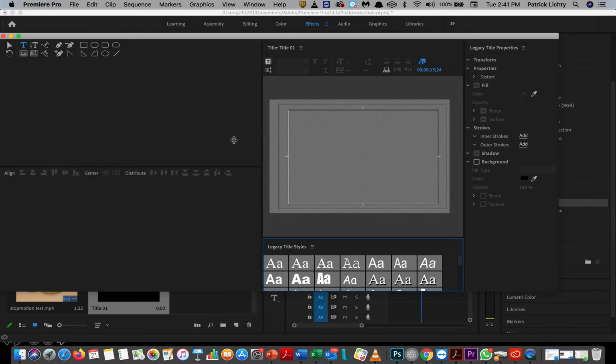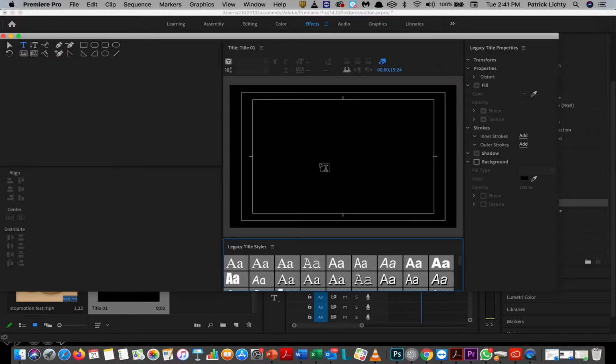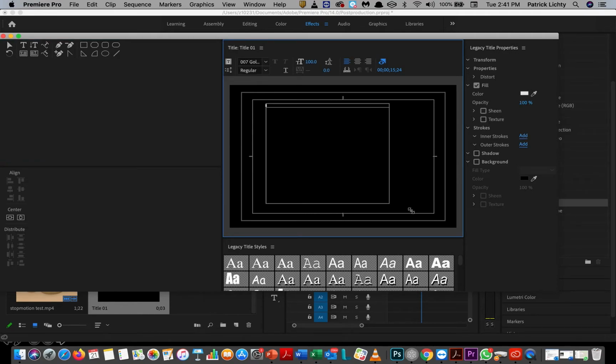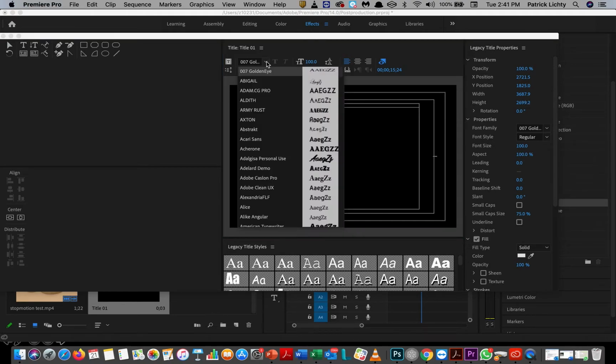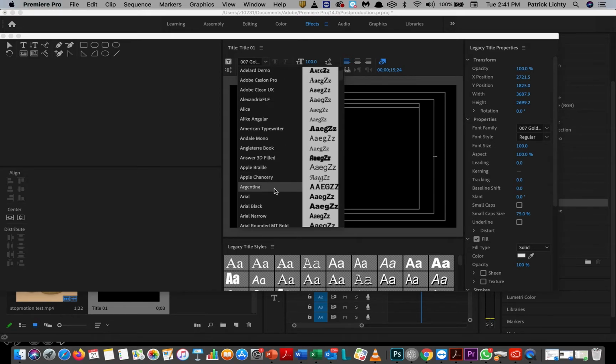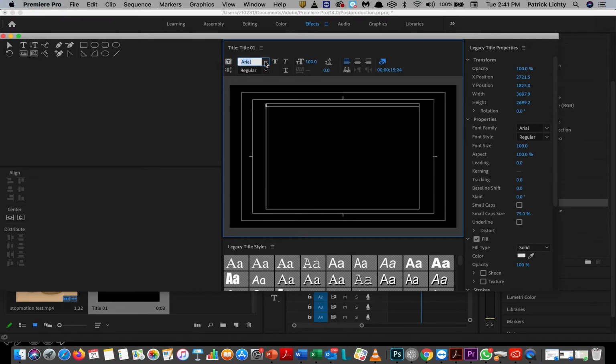And I'll move things over here. So there's all these presets for text. I don't use those. So what this is going to be is just your standard type tool. And I'll just open this up here. And I'm going to change this to my favorite, which is actually